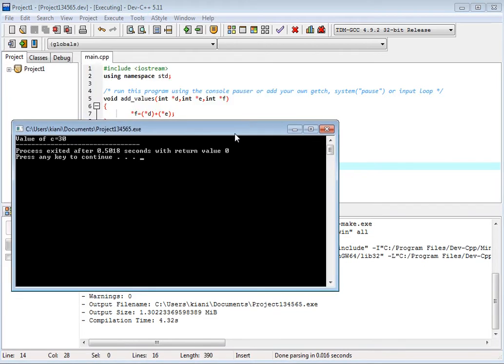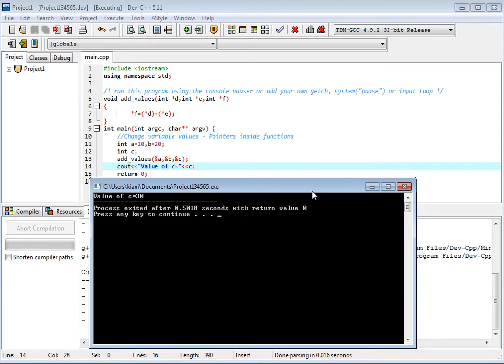If you see this 30, 10 plus 20 is 30. So we pass address of a and address of b and address of c to the function, and the function takes the value at the address a, value at the address b, and adds them and sets the value at the address c.